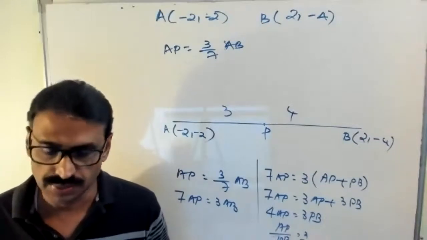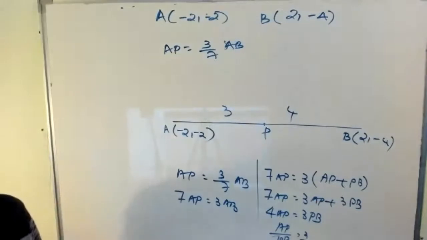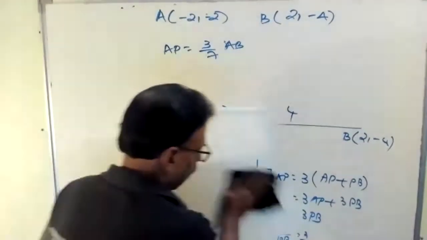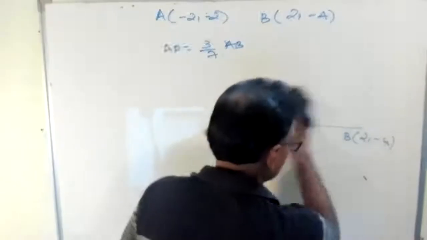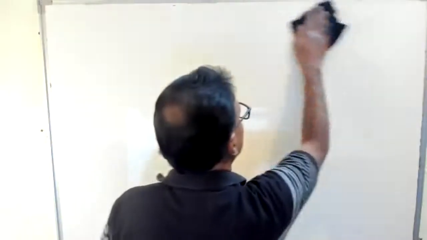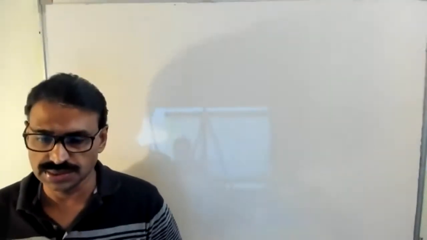Okay, my question: what are the properties of a parallelogram? The properties of a parallelogram you learned: one point, diagonals bisect each other at the same point, correct or no? Diagonals bisect each other at the same point. Okay, so right, using section formula,